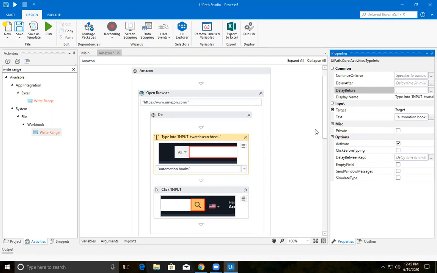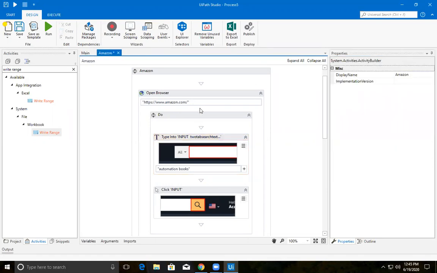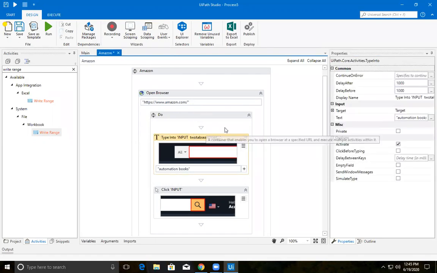Let's provide 1000 milliseconds, and I'm providing delay after also. It can be an internet issue also. If you have slow internet, it will take some time to settle everything on that web page. It needs to provide all the features completely, then only it can accept the input from the user in a complete fashion. That's why I've provided some delay before.